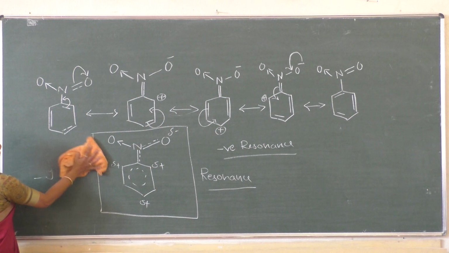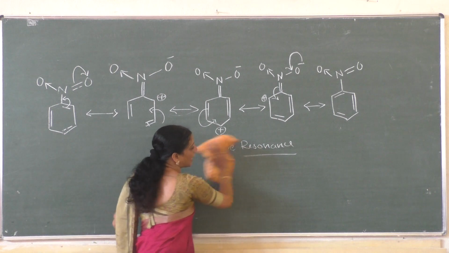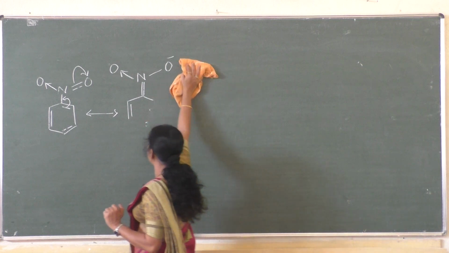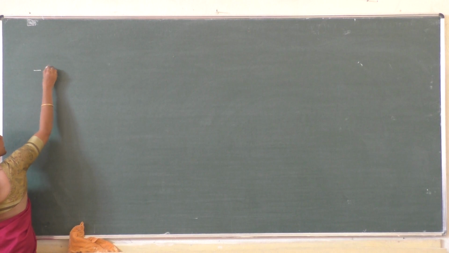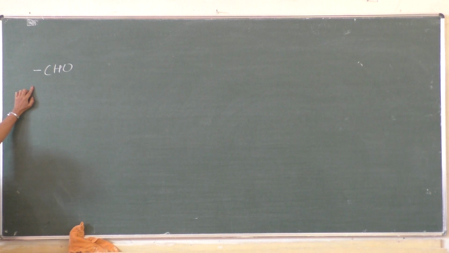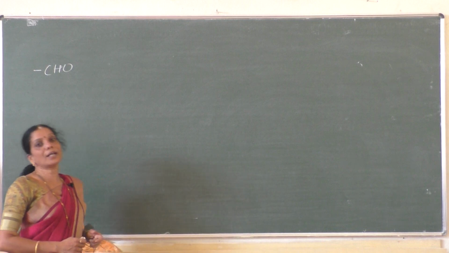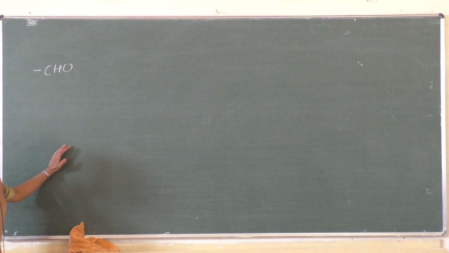We have studied one example. Now let us consider one more example, that is homework for you. You have to practice writing the resonance structure in another compound, with another group, which shows the resonance effect. Now one more group you have to consider, CHO. What is this CHO? Aldehyde group. If the aldehyde group is attached to the aromatic ring, it always shows the negative resonance effect, minus R effect. Resonance effect is also called the mesomeric effect. Negative resonance is also called a negative mesomeric effect.